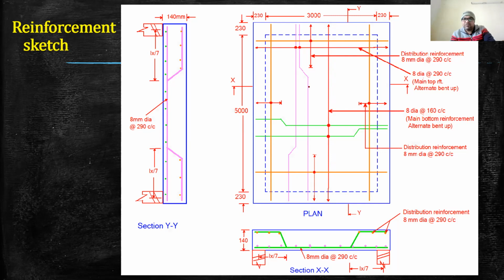Similarly, the pink reinforcement is along the longer span and it is again the main reinforcement, and it will be provided along the shorter span like this. So I have just shown two reinforcement only, but these reinforcement will be laid along the shorter span over the full span up to this one.